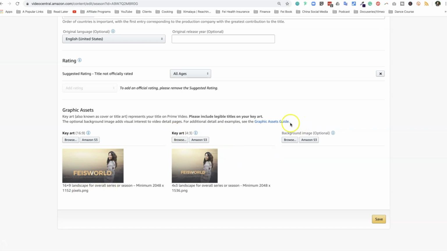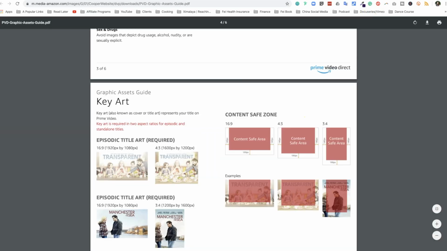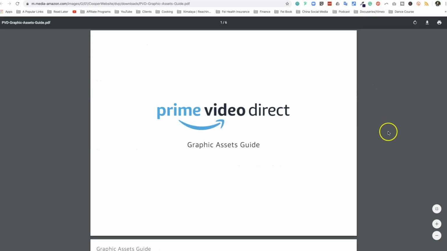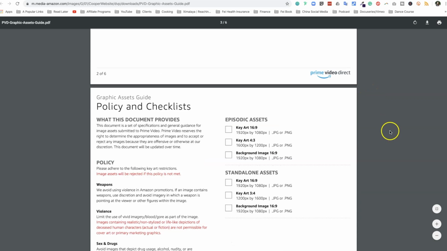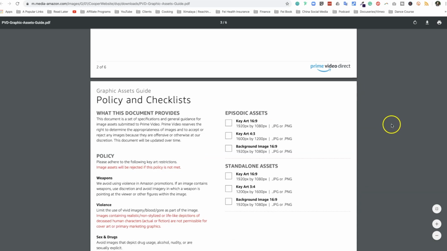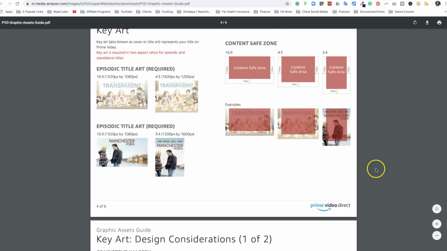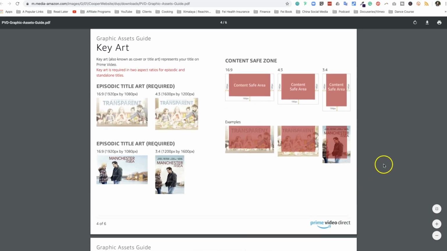So the good news is they're giving you this graphic asset guide. So I'm going to show you what it looks like. Graphic asset guide. And this is something that either you follow if you're a designer, you know how to design, or this is something that you want to give to your graphic artist or your graphic designer. Now, as you're scrolling down, there are key art guide that shows you what's accepted, what's acceptable, what's not acceptable,